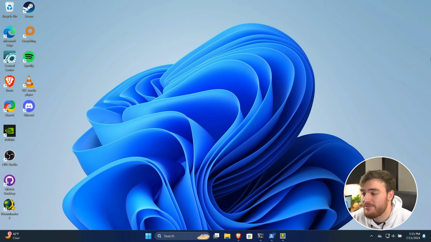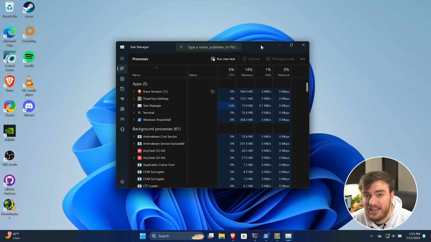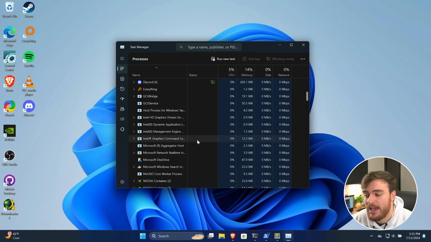Just keep in mind that programs may be closed, but they could have services running in the background. Most of what I've installed here doesn't have anything running in the background most of the time, and we can easily check by right-clicking our taskbar, going to Task Manager or hitting Ctrl-Shift-Escape to get here. Everything in the Processes tab is currently running